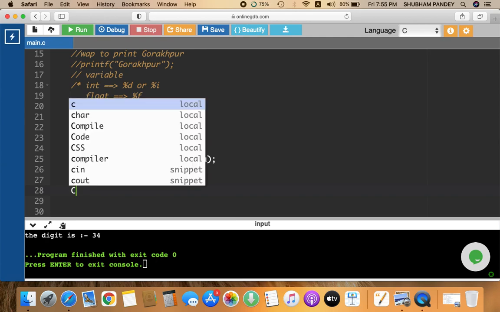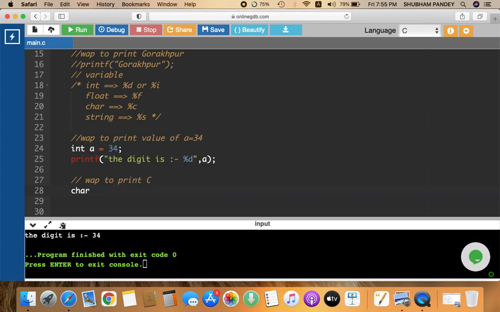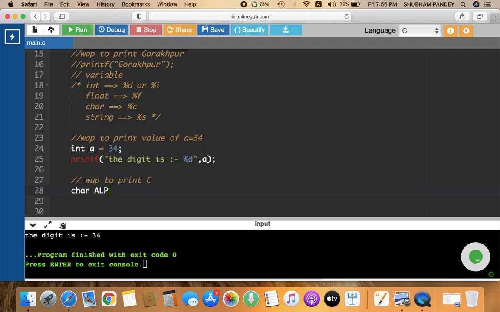So you will write char, a small char, because C is a case sensitive language. Now char, capital C or small c, any name of variable, or you can take alphabet as a name. alphabet is equal to, and anything you write in single inverted commas is treated as a character.